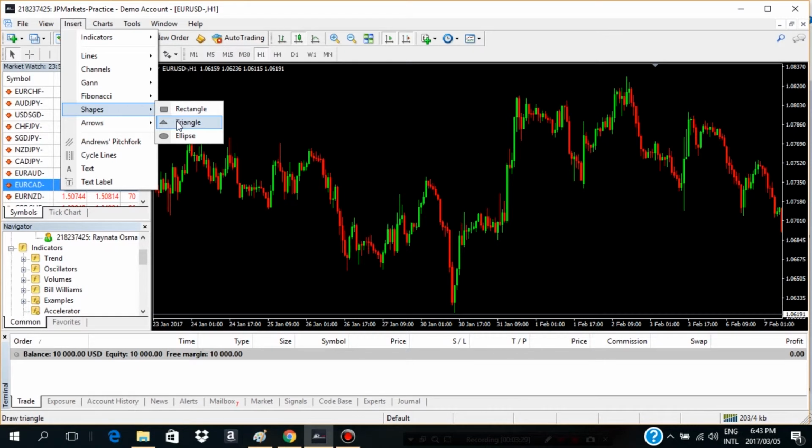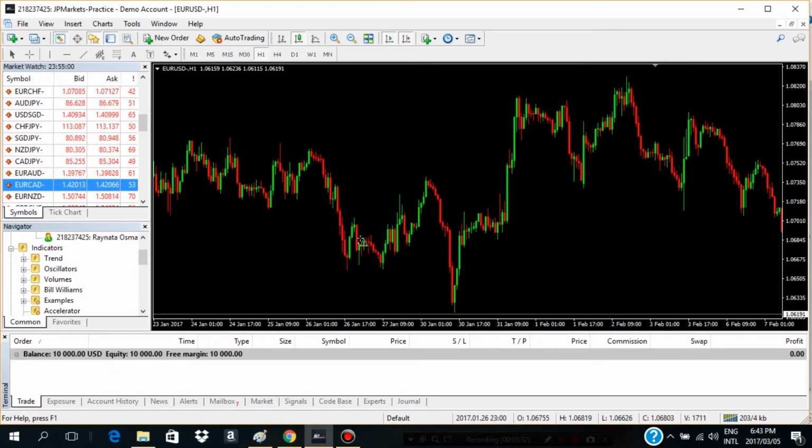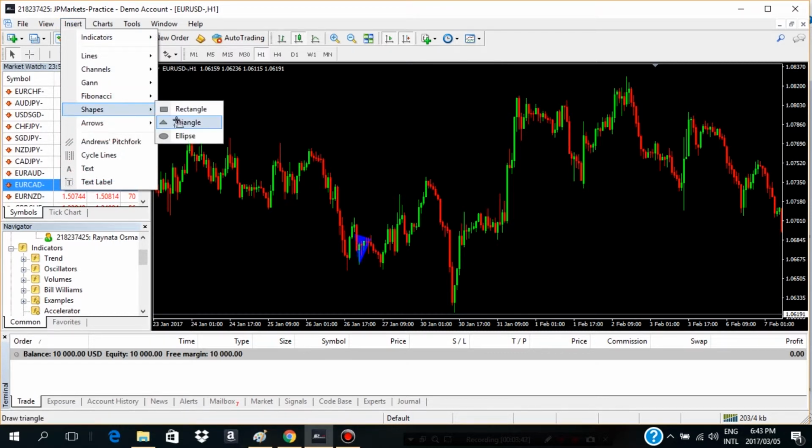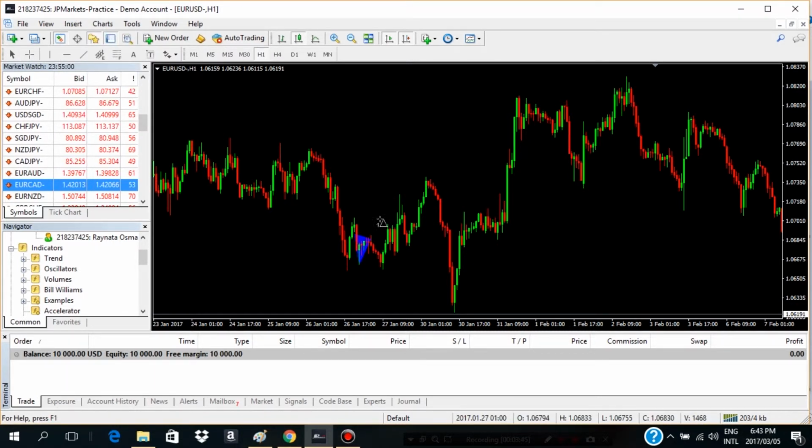Now we're going to use the triangle tool to do this. So I'm simply going to take, as you can see, this is the triangle. You're just going to click 1, 2, 3, and it places your triangle. Let's do that again. As you can see, it starts with the triangle and the figure 1. So we're going to click 1, and then I've got 2 and 3. So we're going to show that this is our double bottom,